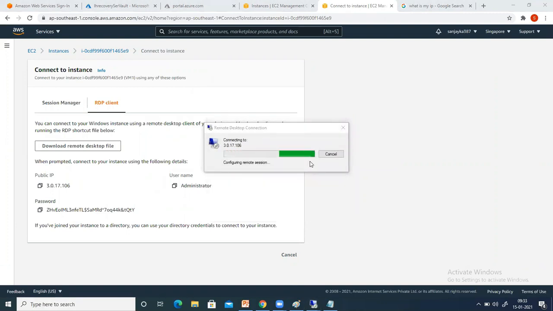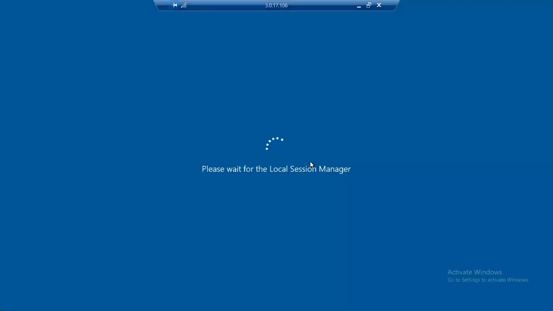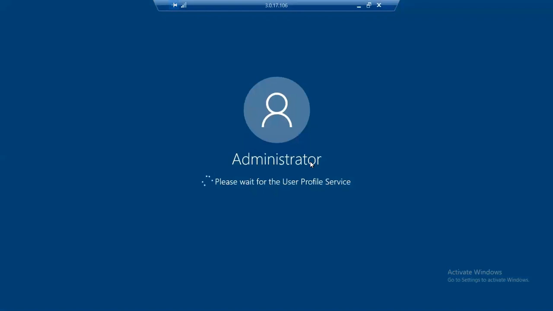And yes, up to this point you are already aware because in our previous practical we used to do all this. Let me log in first, and once I have logged in I will do two things. One, I will disable my firewall, and second, I will disable the enhanced security button because I want to access the internet without any interruption.